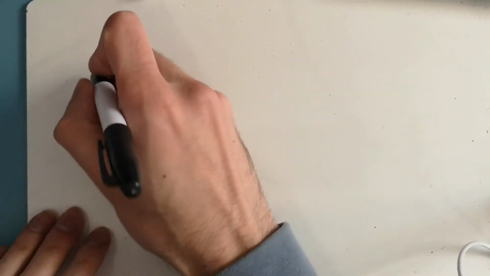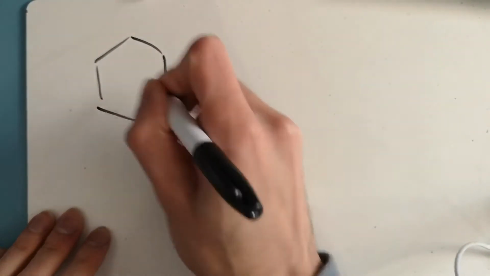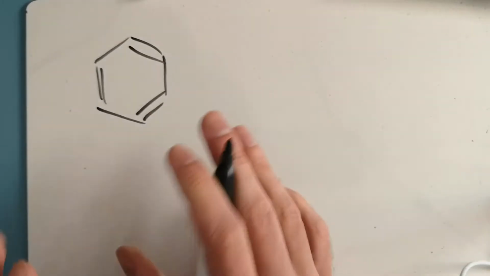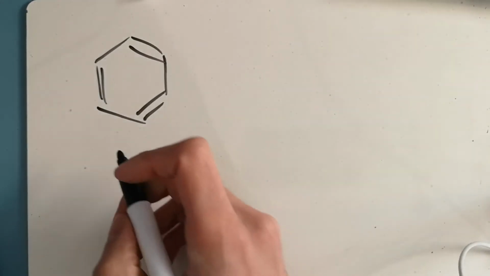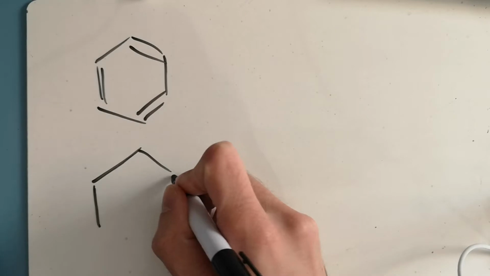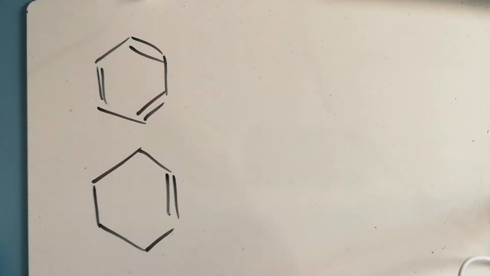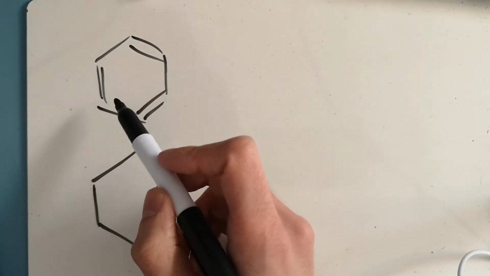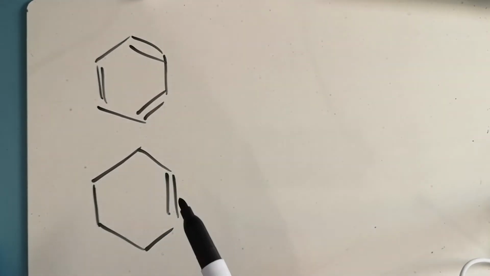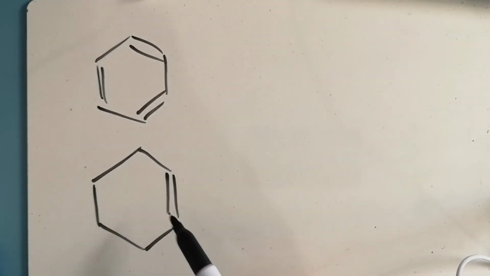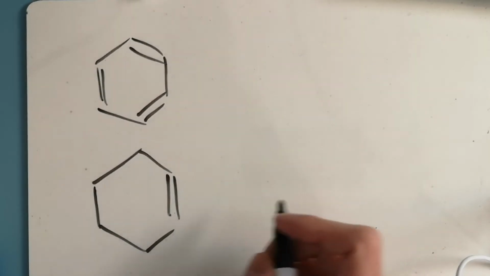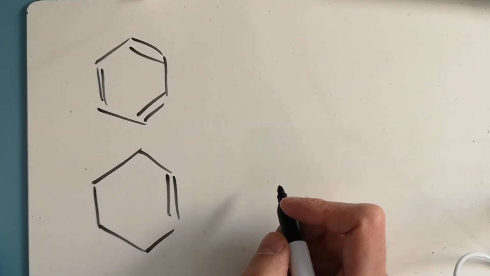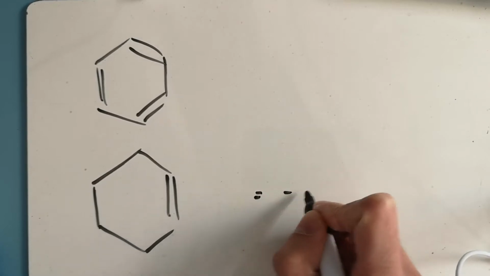reactions, and we get benzene, which is C6H6. It's quite often drawn like this. There are other ways we draw it as well. In the diagram it's drawn like that, and they've compared this to cyclohexene. So this is a 6-carbon ring, and it appears like it's got 3 double bonds. This is a 6-carbon ring that's just got 1 double bond, and the enthalpy for the reaction here is minus